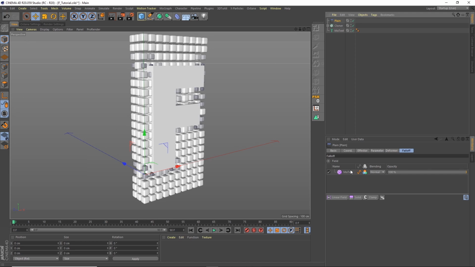Now I'm using R20, so I think this is new to R20, so you can only really do this if you're in R20 or R21. So you can see that they're being affected in some way, but not quite in the way that we want. Okay, so if we just hide the MoText,